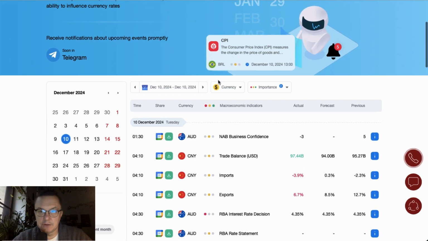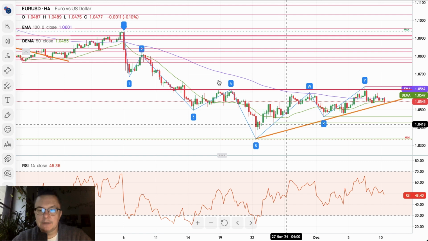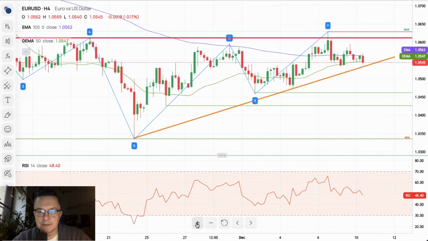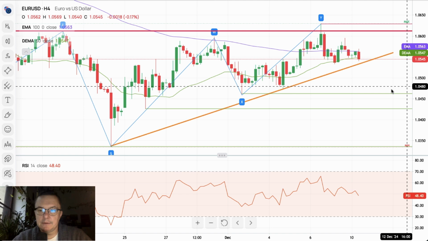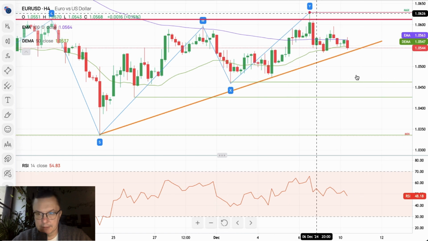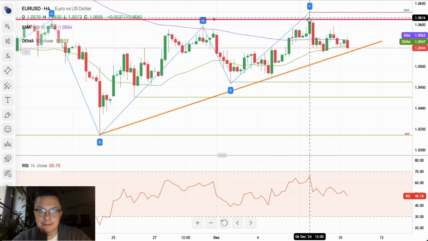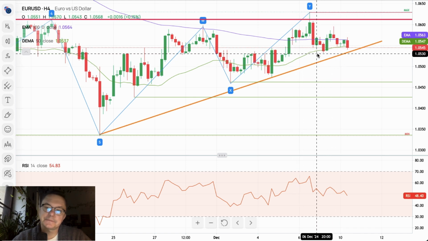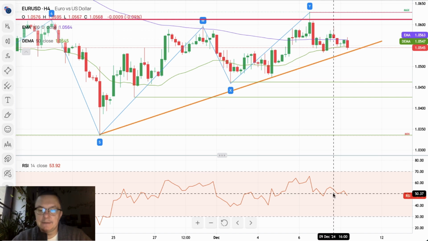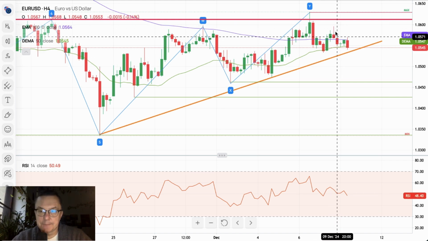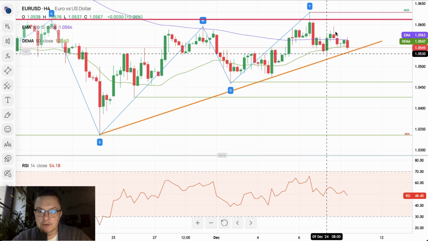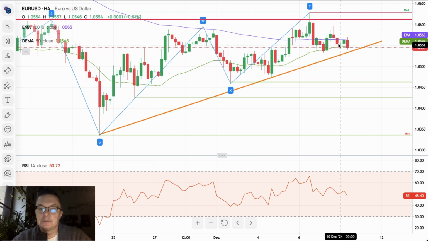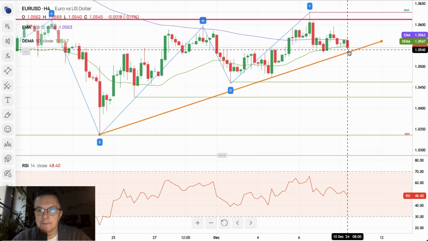We are going to start with the euro dollar. So the euro dollar, as you can see, after the CPI German data, is moving lower. WXY corrective cycle had been completed at the level of 1.0629. Then we got the bearish engulfing pattern. We went to test the 50 periods moving average, the green line here. Market tried to bounce a little bit. Nevertheless, it didn't actually work. We got another shooting star pattern here after this very short trend to the upside. A little bit squeeze between the moving averages and then breakout to the downside.